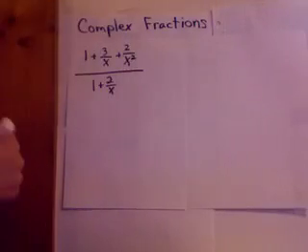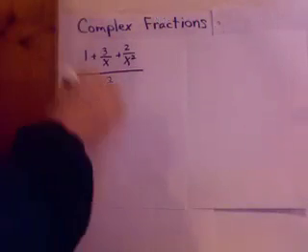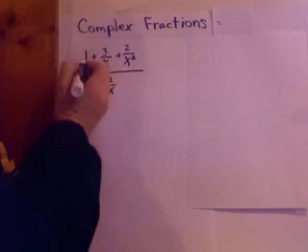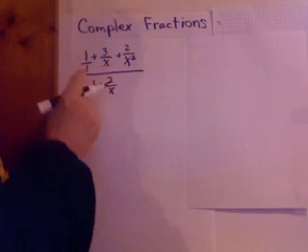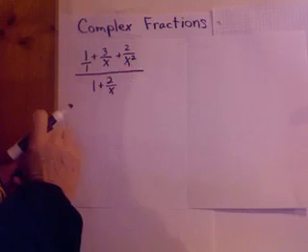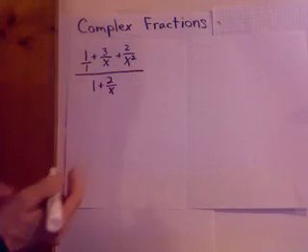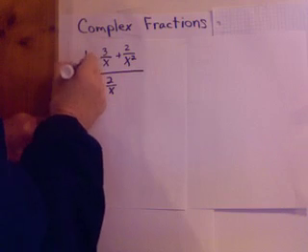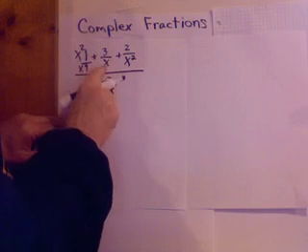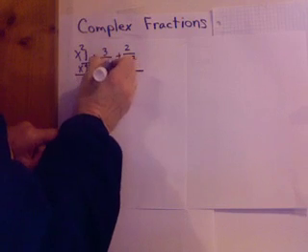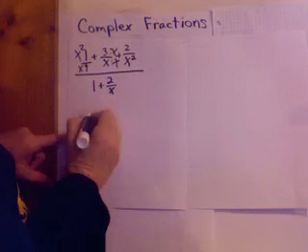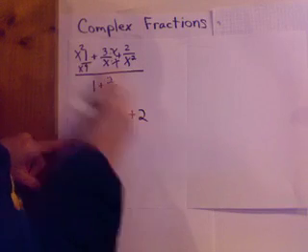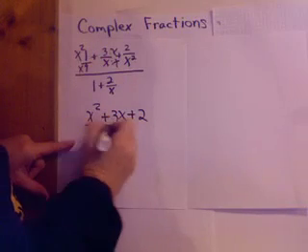Okay, this is the last example. Notice the top of this complex fraction has three parts. So I need to do common denominators for all three parts. So let's put a 1 underneath here. And what would be the common denominator for all three of those? It would be x squared. So what does this need to be? x squared. X squared times x squared. What does this one need to be multiplied by? X times x. So now I have x squared plus 3x plus 2, all three of those tops, all over one fraction,